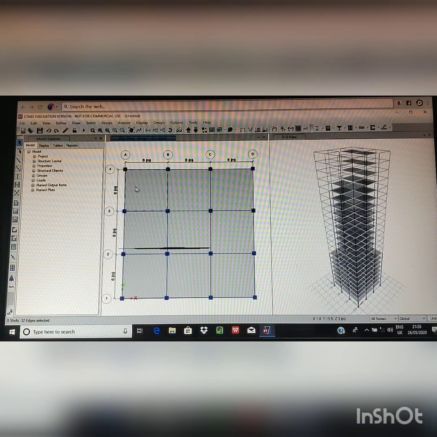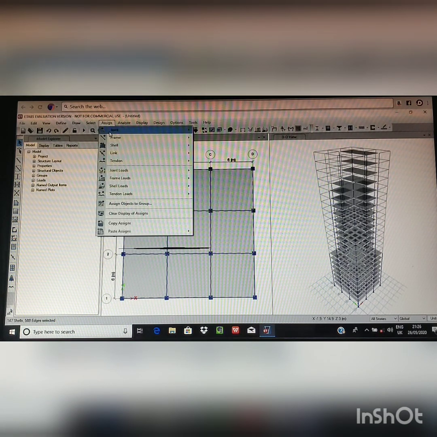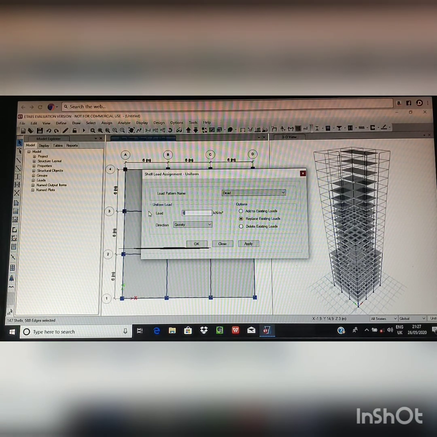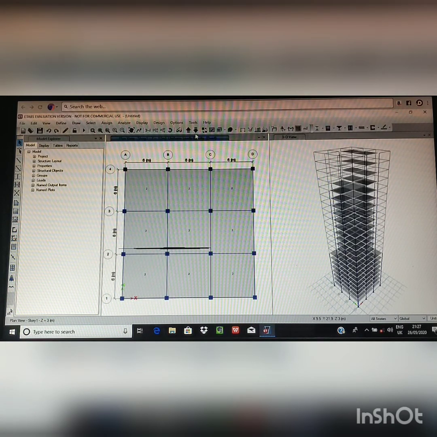Select all the cells. Then go to assign. Shell load, uniform. Dead load is of 2 kN. Apply. Then click on OK. Here the 2 kN load is applied in all the stories.